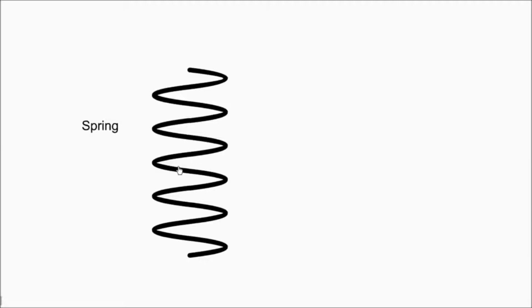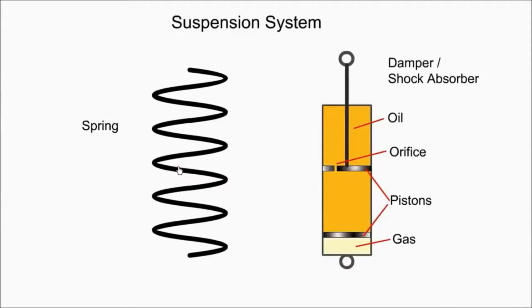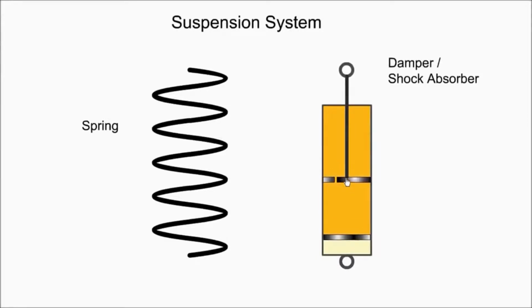Coil springs store and absorb shock energy by compressing and extending. When the wheel is pushed upwards by the bump, the spring prevents the shock from reaching the chassis and maintains the tyre in contact with the road. A damper converts the oscillations of the spring to thermal energy. The damper is filled with oil. When the car hits a bump, the oil is forced through a small orifice, thus slowing down and damping the